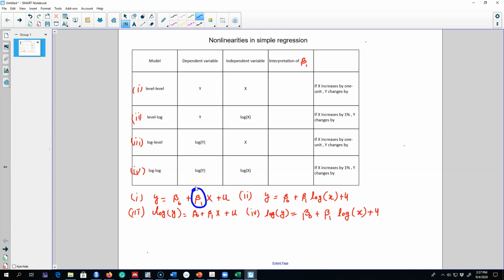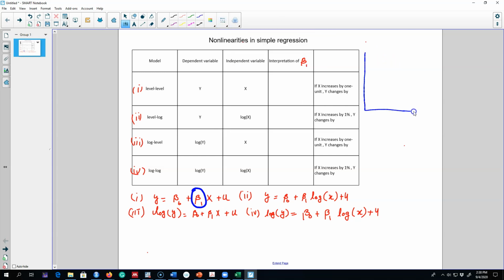An example would be if education increases by 1 year, we assume that no matter what is the initial level of education, the impact on wages is going to be the same. That is, an increase of education from 4 to 5 years, an increase of 1 year, is going to have the same impact on the wages as moving from 14 years of education to 15 years of education. The slope is constant and identical in both cases.